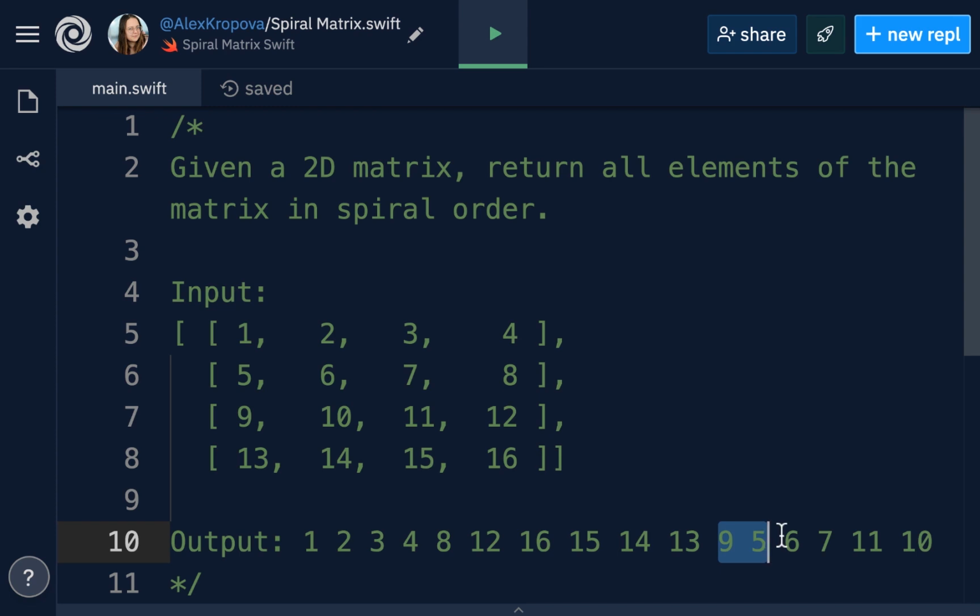So in order to solve this interview question, what we can do is go through the pattern over and over again, but at the end of each loop of the pattern, we will cut off the outer border of the matrix. That way we have a starting matrix, then we cut off the outer layer and we go deeper into the matrix, and we can do that over and over again until we have no more values left. And this will allow us to work with the entire matrix and chop off its borders. So let's go ahead and do exactly that.